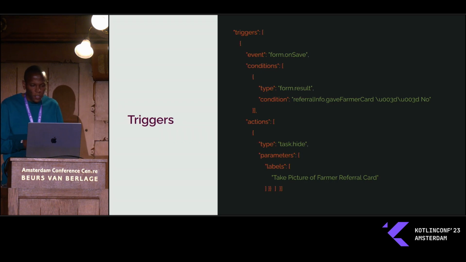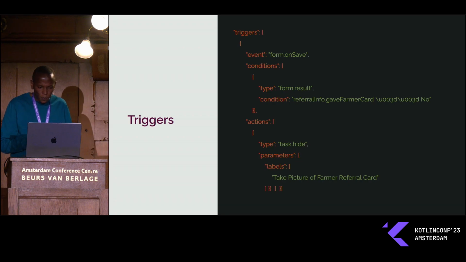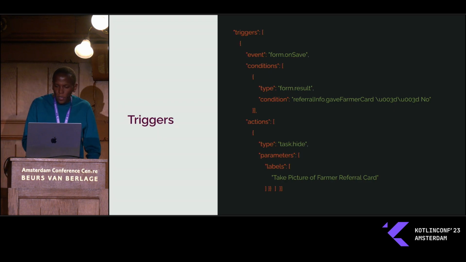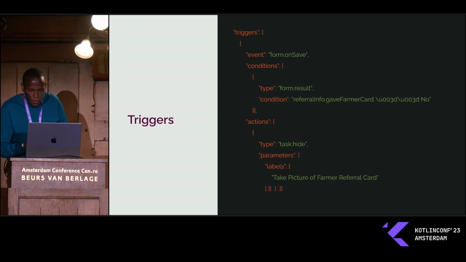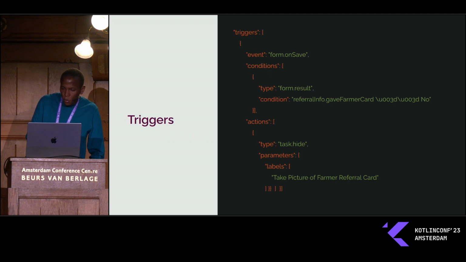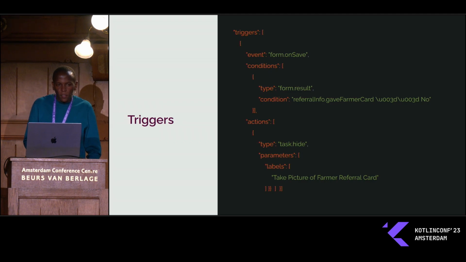So for example, we have this trigger with the event on save. This means once you save the form results, this trigger will be activated. Inside each trigger, it has a condition, and the condition has a type and condition. This right part has the key for the input as well, and also has the expected answer. So for example, referral.giveFarmerCard, if the answer is no, that's when the trigger is going to be